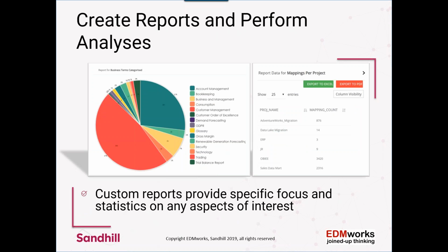Similarly, we could ask any questions on the data that we've captured. Another example could be, what projects are there and what mappings do we have for those particular projects? We can see that there are some very new projects, and some very mature projects that have got multiple mappings. That gives you a measure of the complexity of some of the mappings and the data that's actually being used.